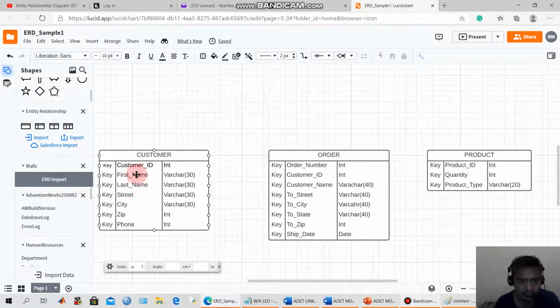Like for example, here I have customer ID. The type of this one is integer. Usually, and by default in a database table, for example in SQL, you usually declare the type, by default incrementing by one. Okay, so